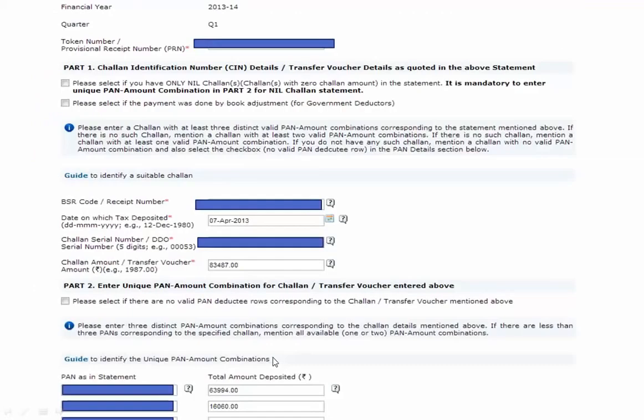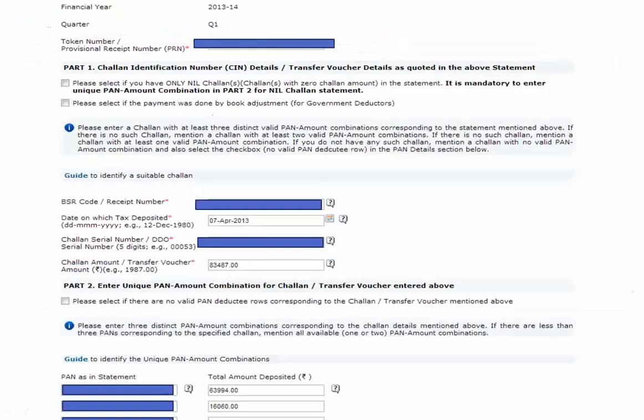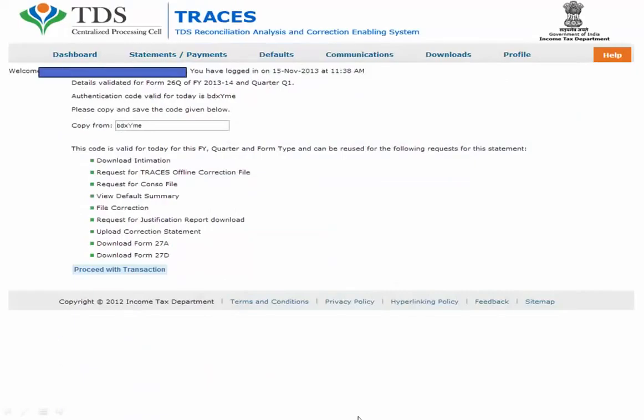Here we go. I will mention my token number over here and BSI code here, date is here, challan number here, amount here, and the corresponding 3 PAN numbers, the amounts I have mentioned over here. Now, once you click on the submit button, it will generate an authentication code. It can be used for that particular day